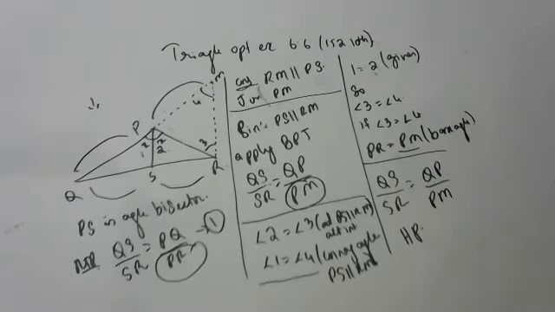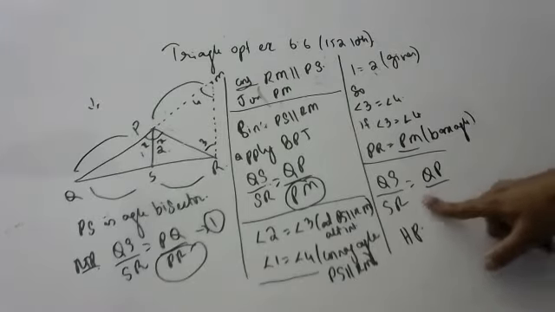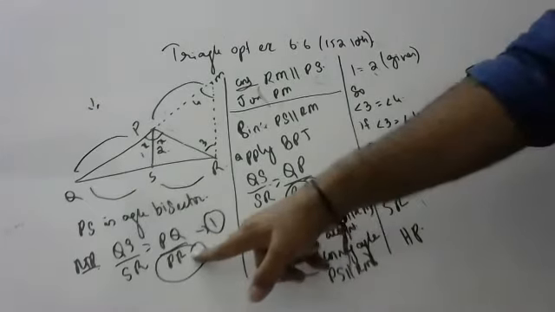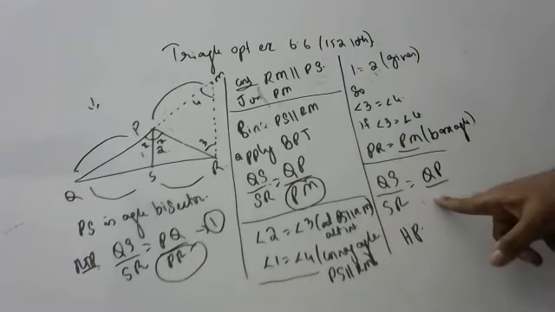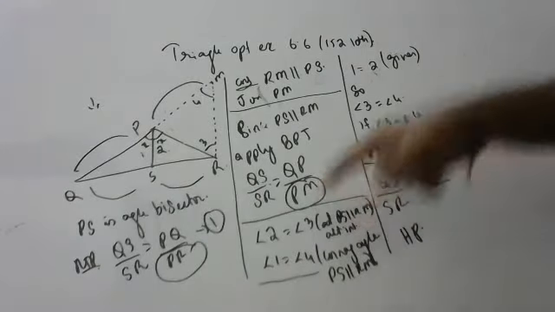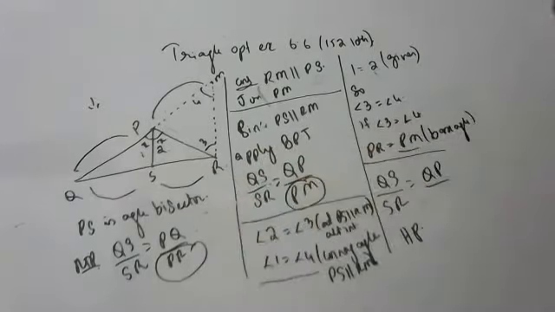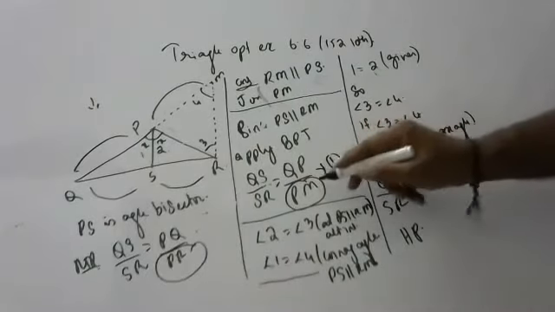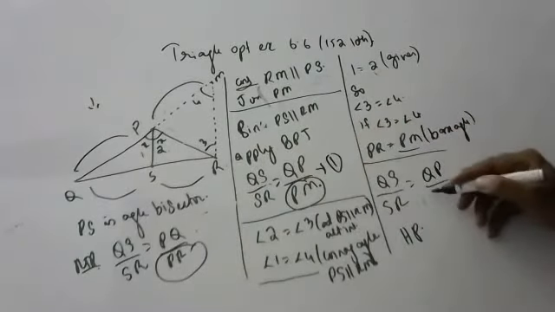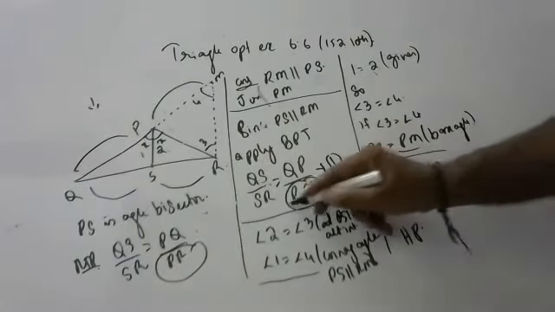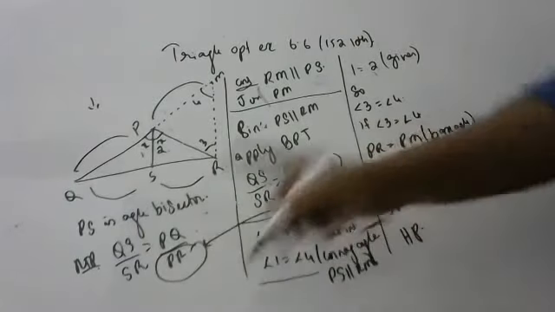Sir, instead of PM, again you wrote PM. Instead of PM? You should write PR, sir. PR you have to write. Oh, okay. Instead of PR, I should write PM? No? Okay. Fine. I'm sorry. This is equation 1. So instead of PM, we should write PR, because PM and PR are equal. That's it.